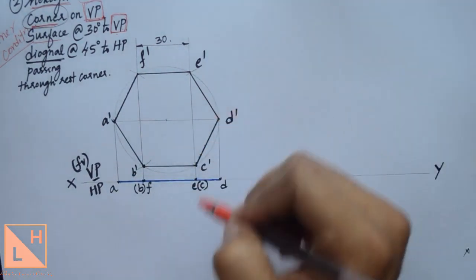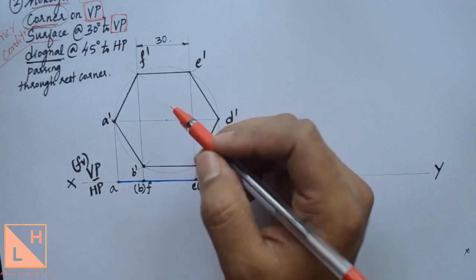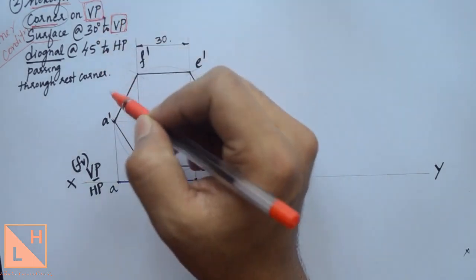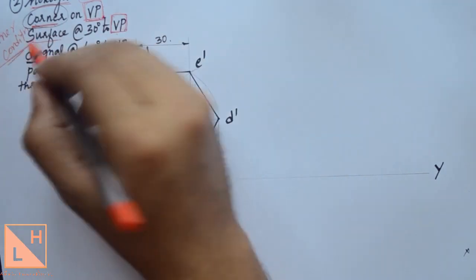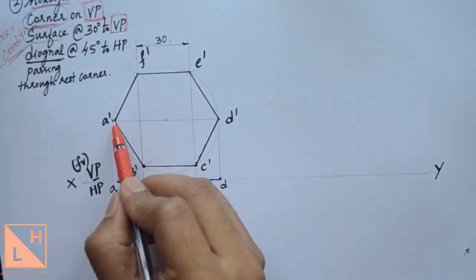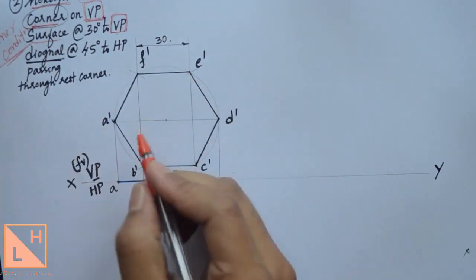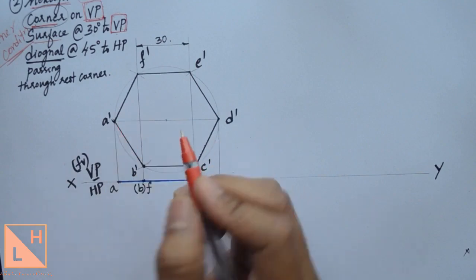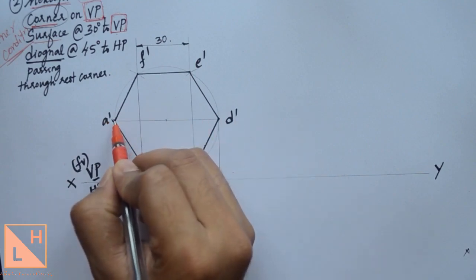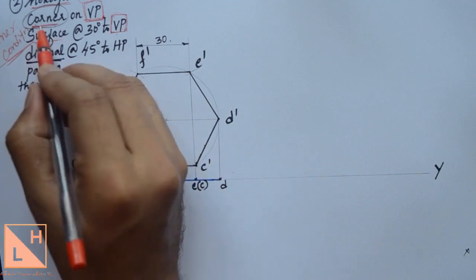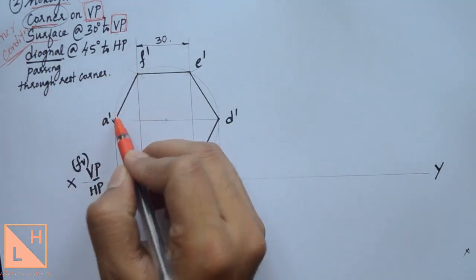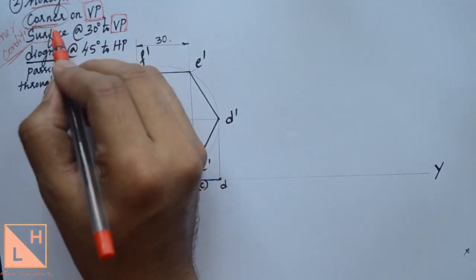Then every time you complete each position, you just cross check it with the given data which we have listed here. So we have drawn a hexagon lamina. We have made sure that it is in corner condition, which means that we have placed one corner on the left side. Why we take the left side, I'll tell you sometime later. As of now, remember to draw that either corner, you keep it on the left. If it is given as edge, you keep the edge on the left. So we have kept corner because here it is corner.